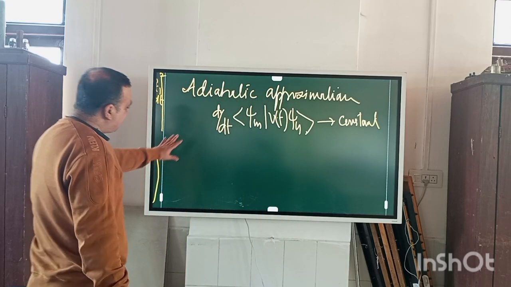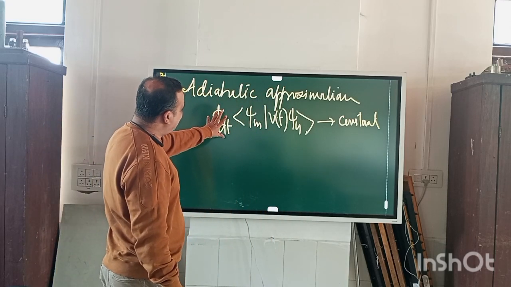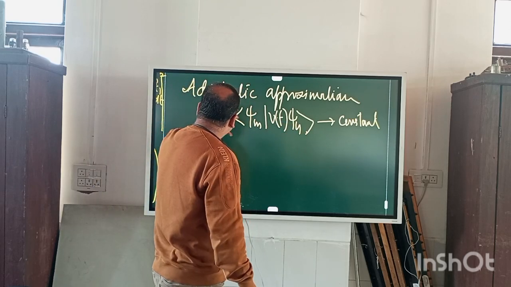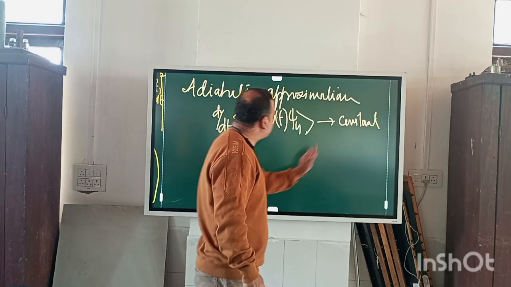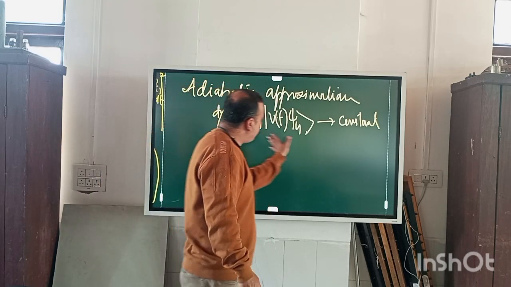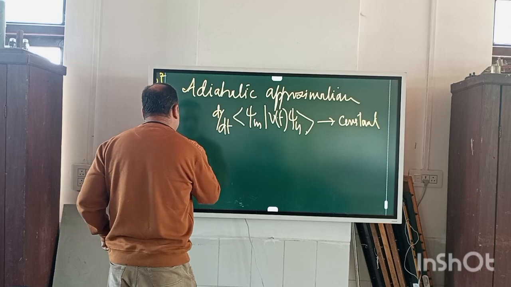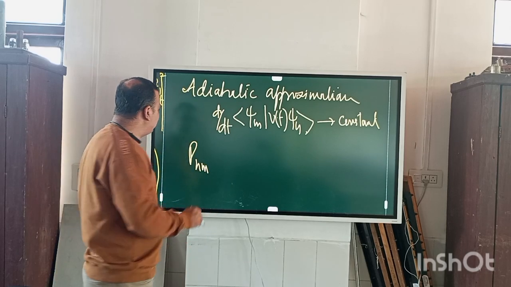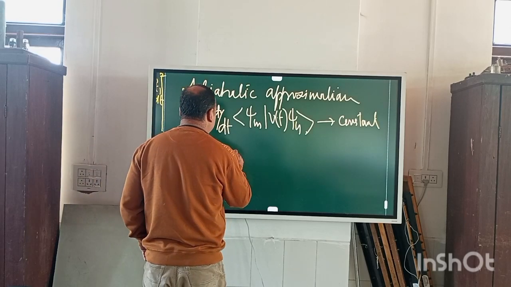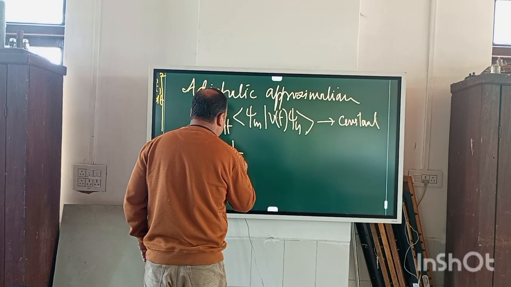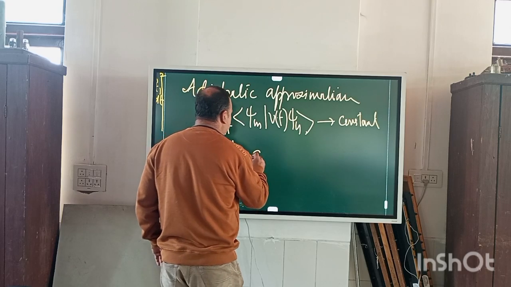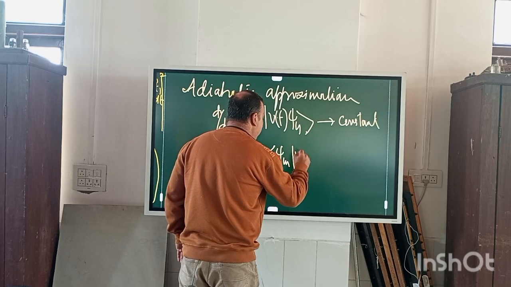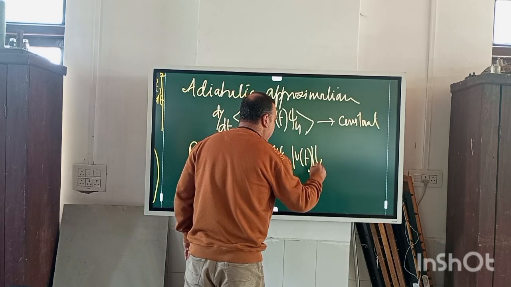If it is treated as constant, it immediately means that this variation will lead to zero. So let me get it out of the integral. P_mn gives me the transition probability, and P_mn will be 1 by h cross squared omega squared, times d by dt of <psi_m|V(t)|psi_n>,